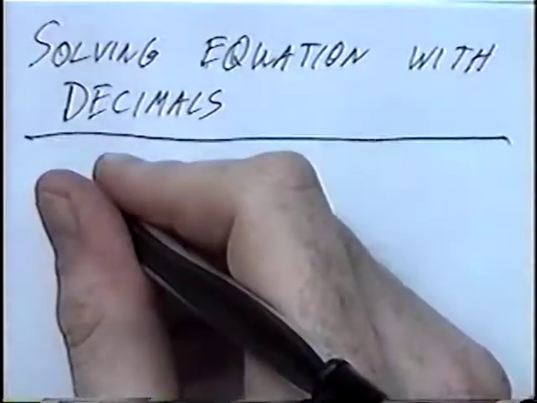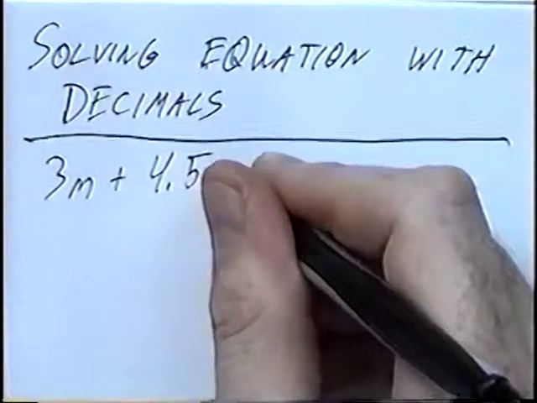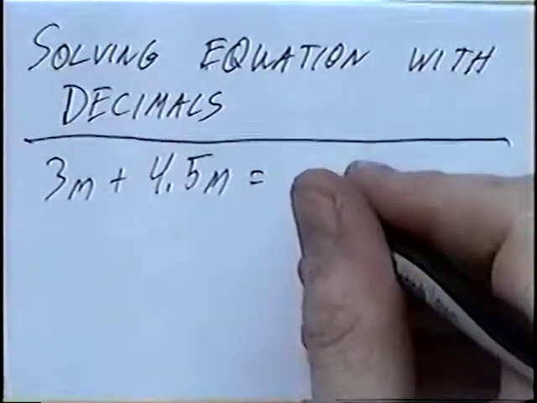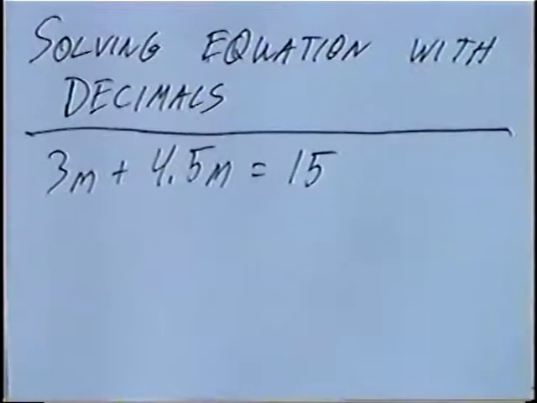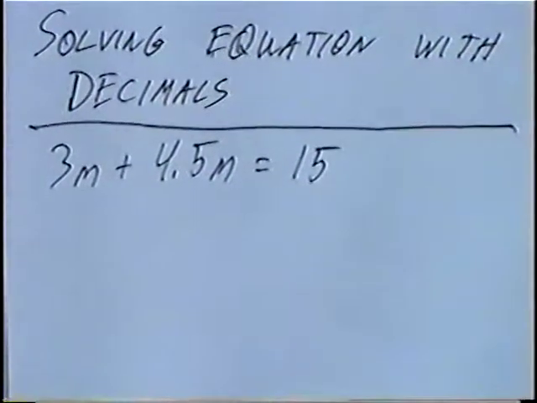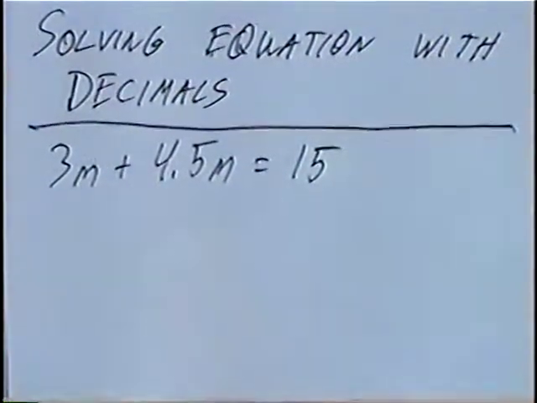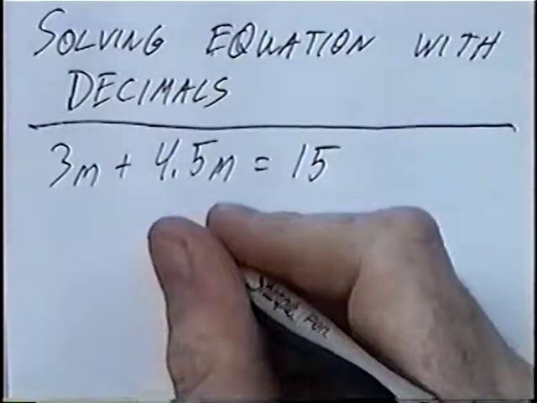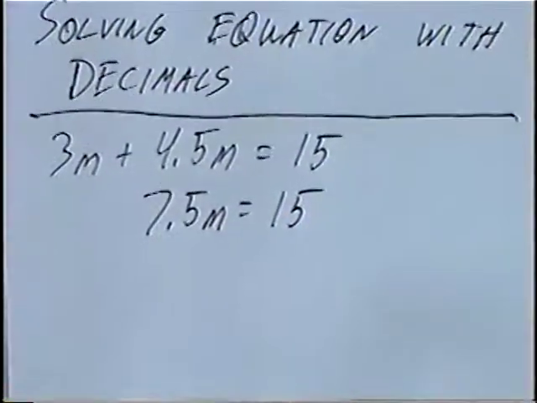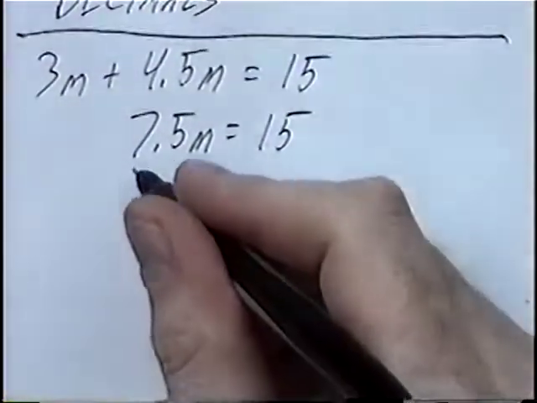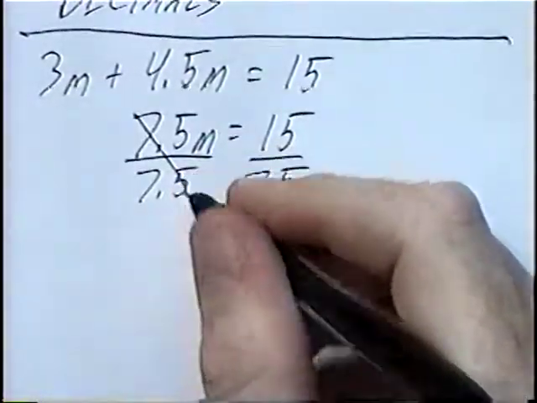First question is 3m plus 4.5m equals 15. First step on this equation is we can combine like terms. Like terms again have the same variable and same exponent. 3m plus 4.5m would be 7.5m equals 15. And last step we'll divide by 7.5. So m equals,